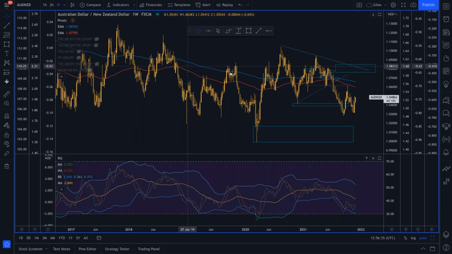What's the medium-term bias? It's to the downside. Why? The Reserve Bank of Australia is not expected to raise interest rates till 2024. The Reserve Bank of New Zealand is expected to raise interest rates sequentially until 2024, up to 2.6%. So which direction do you expect this pair to go in the medium term? Lower, but I'm not surprised to see a retracement now in the short term because the Aussie dollar has been so heavily sold off. Does that make sense, Josh?